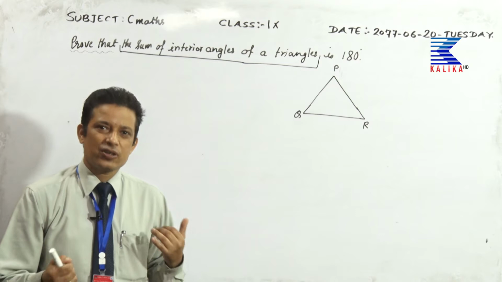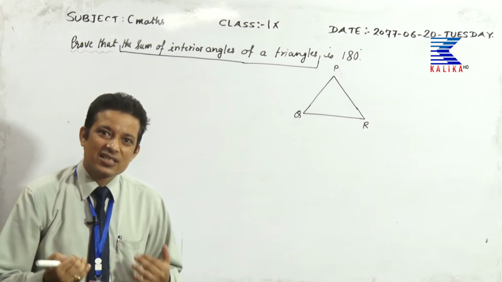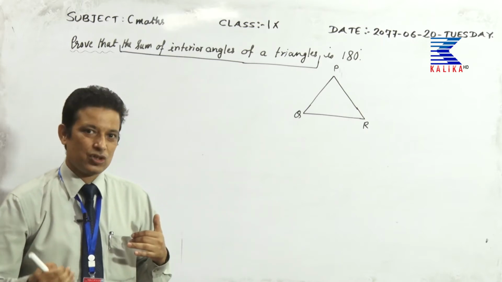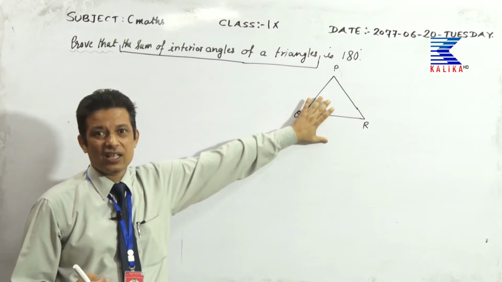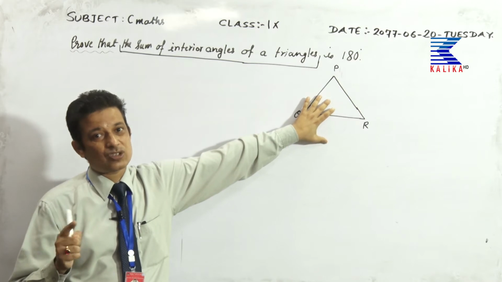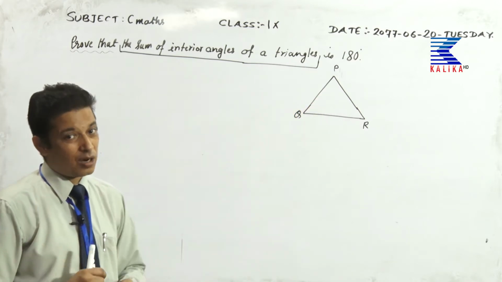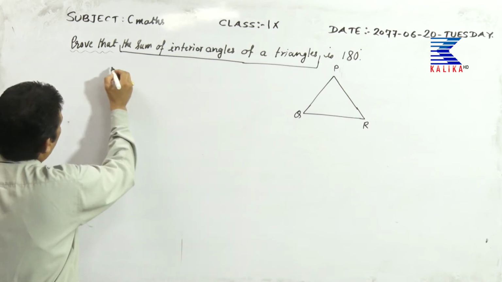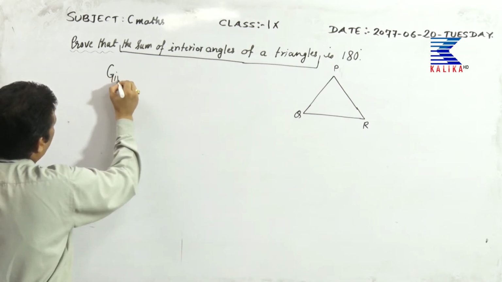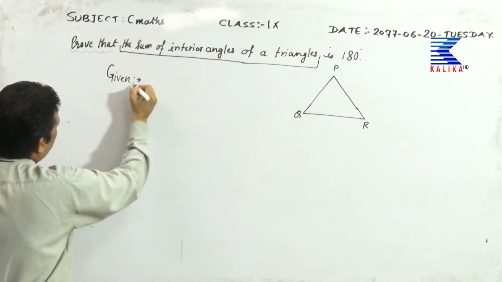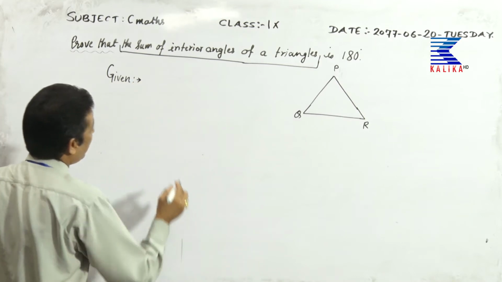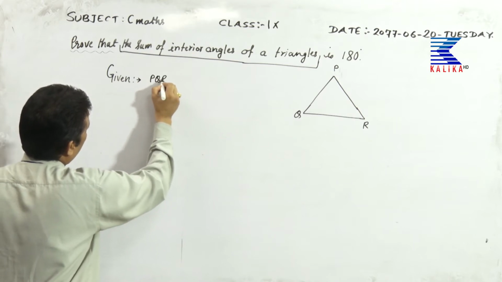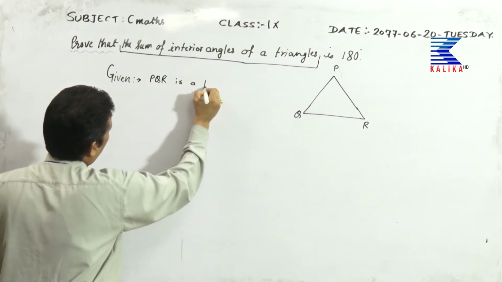So, what is given to us? At first we should start proving any statement from what is given to us. Draw the perfect picture. Here we need a triangle, because we are talking about interior angles of a triangle. So, for this theoretical proof, we start from what is given to us. What is given to us, dear students? Here, PQR is a triangle,